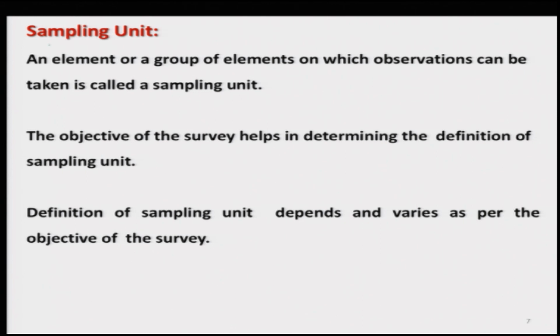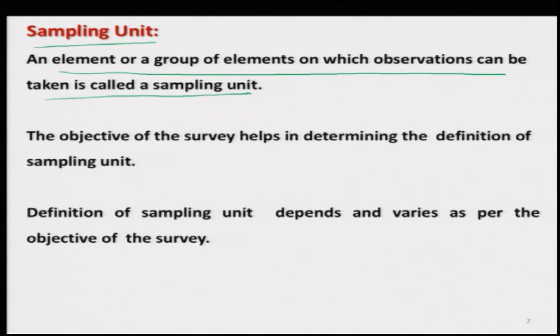So, the first definition I am going to consider here is about the sampling unit. First let me give you the definition, and then I will try to explain what this thing is and how it makes a difference. An element or a group of elements on which the observations can be collected or taken is called a sampling unit. That means this is a component of a sample survey on which we try to collect the observation,